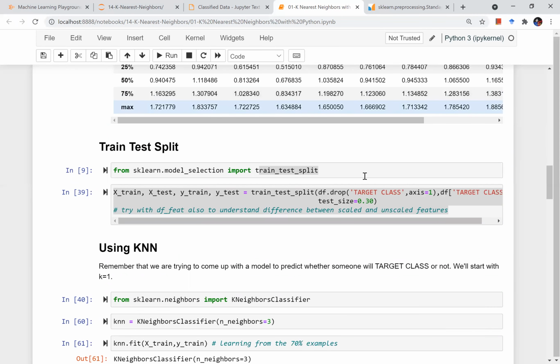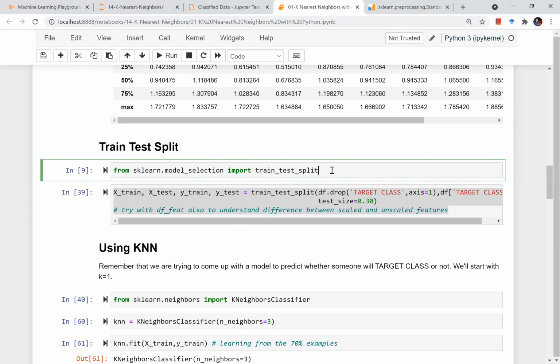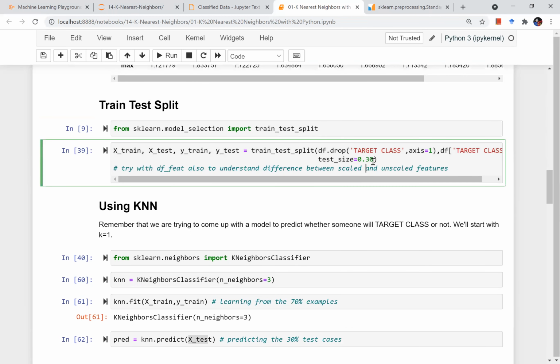Once my data was ready for machine learning input, I divided my data into two parts, one for testing and one for training, using sklearn model selection train test split. And I fixed the test size to be 30%, right? 70% training, 30% testing.